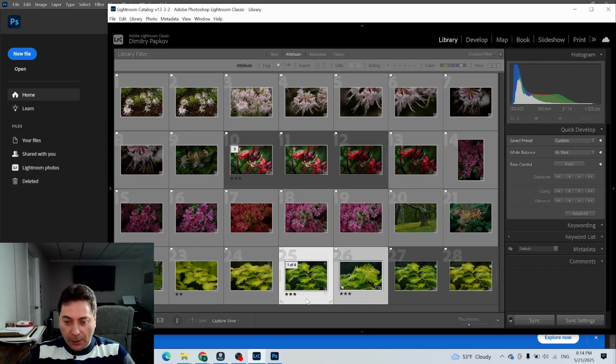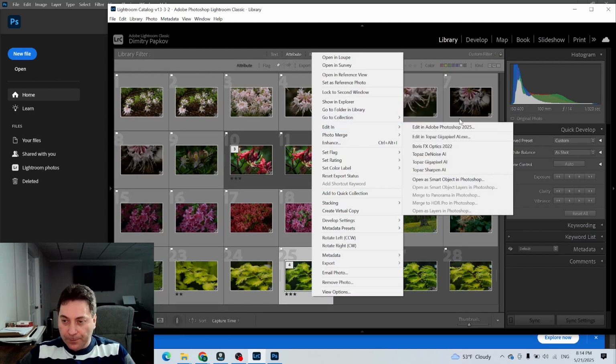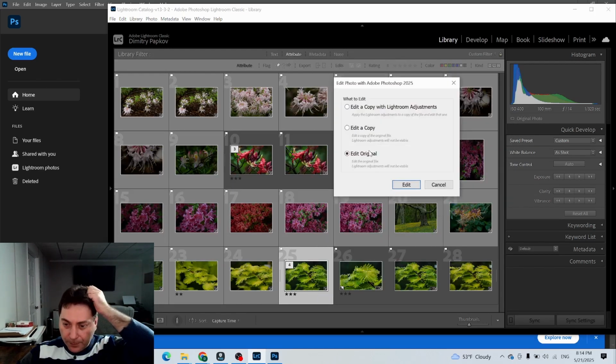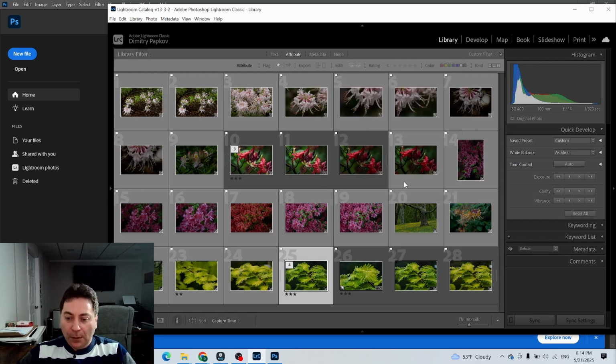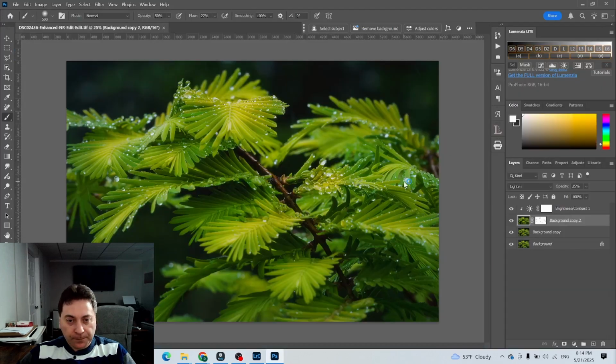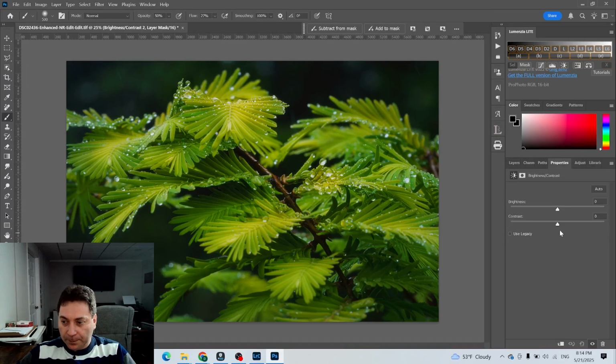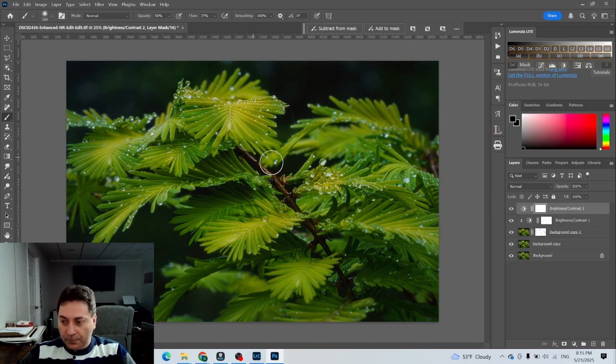Okay, but let me go back to Photoshop with this one. Okay, I need to copy. So I reduced the brightness, but I just want to reduce the brightness a little bit here. And then maybe also